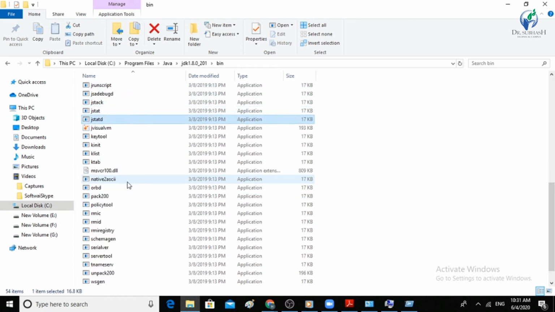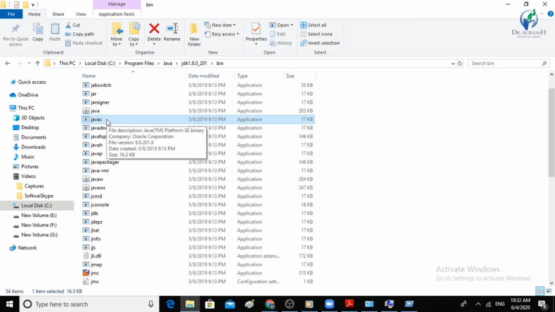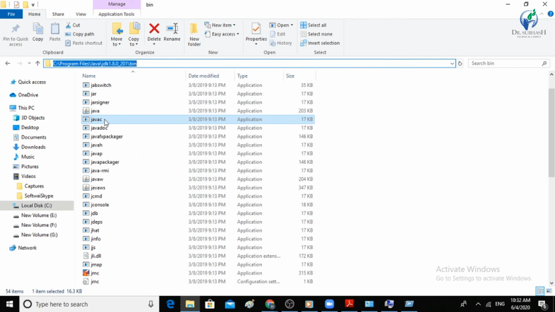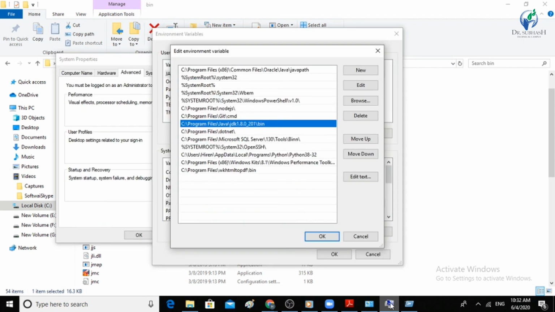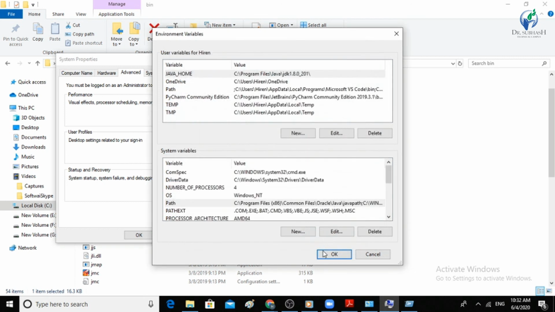Let's find where the javac file is. Yes, this is javac. javac stands for Java compile. To compile our Java code, we need this file, and we have to go to this location to find it. What we have done is tell the operating system, Windows, that when I run the javac command, it will find that command from this location. So this is the setting of the environment variable.